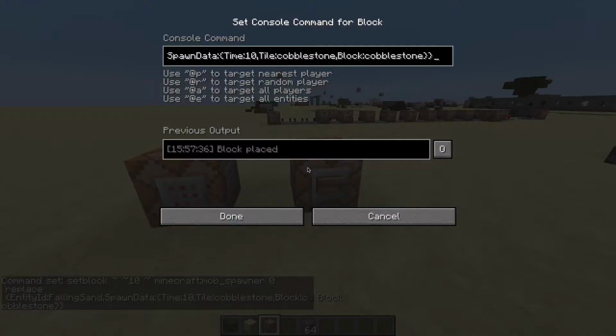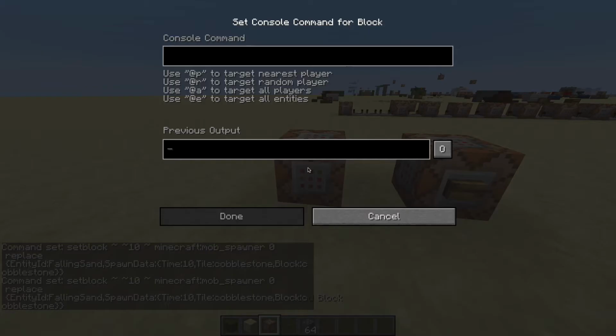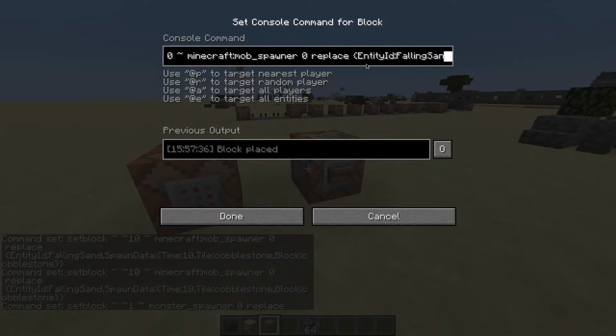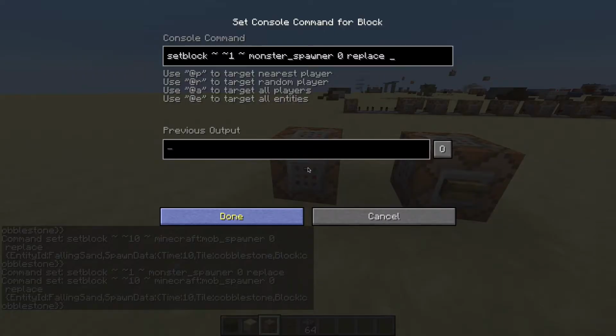I can actually just take this over here. It's going to be setblock ~1 monster spawner 0 replace. So if we just go setblock ~1 monster spawner 0 replace, all you then have to do is go EntityId and specify the mob. So if I go EntityId zombie,